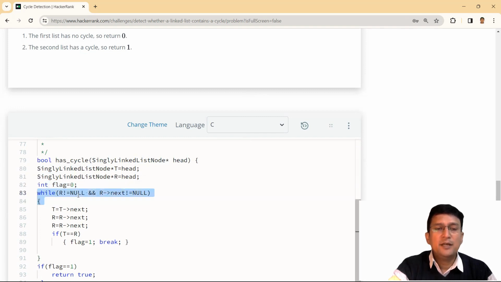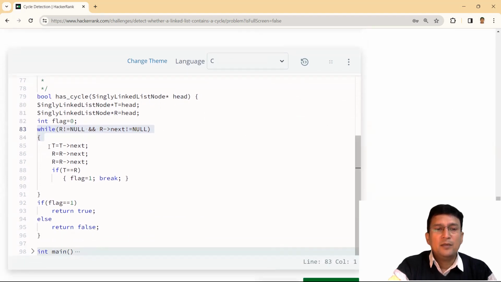This is the terminating condition which says that if R is null or R dot next is null, it means the linked list does not contain a cycle. I am moving this T to the next node and rabbit 2 steps. Means the rabbit has been updated twice to reach the 2 nodes ahead.